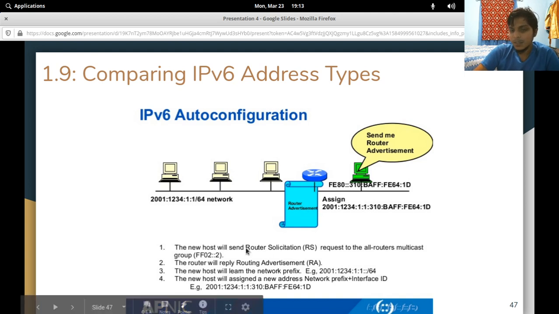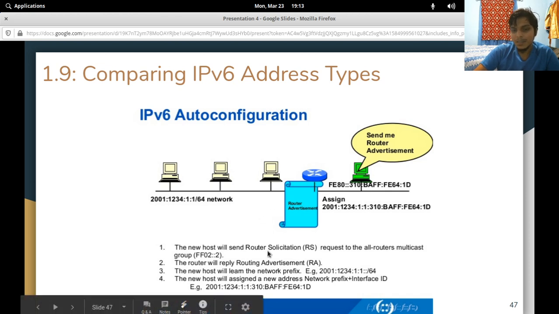He sends out a special message called a router solicitation or RS request to this special all routers multicast group. Remember we discussed the special multicast groups before, the targeted multicast groups. So this is another one of them. The RS message, he basically says, hey, I am on this network, please send me a routing advertisement so I could configure my own IPv6 address. When we discuss DHCP, you'll see IPv4 hosts kind of do something similar sometimes.